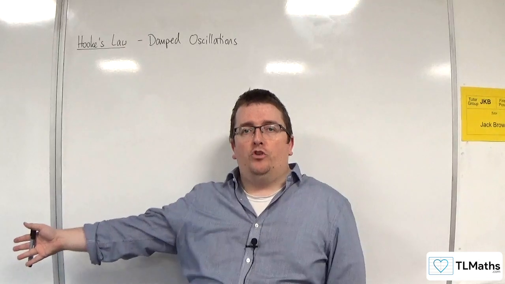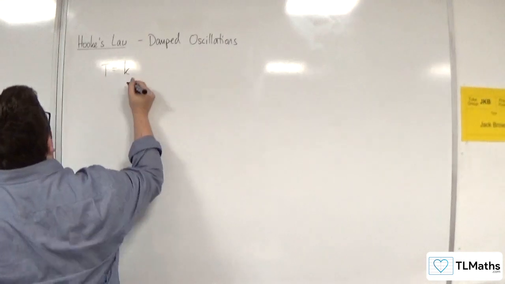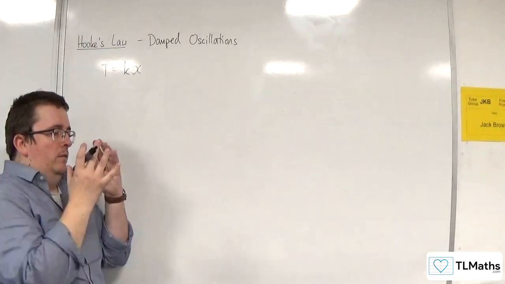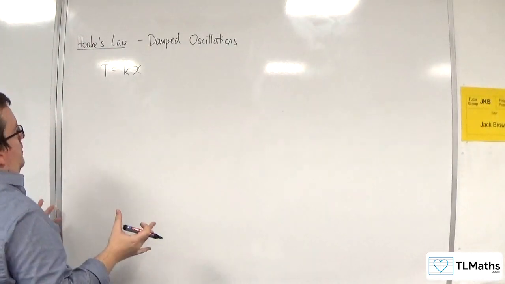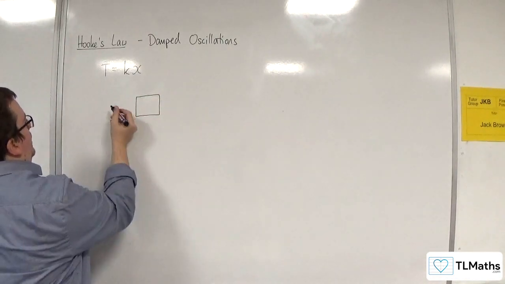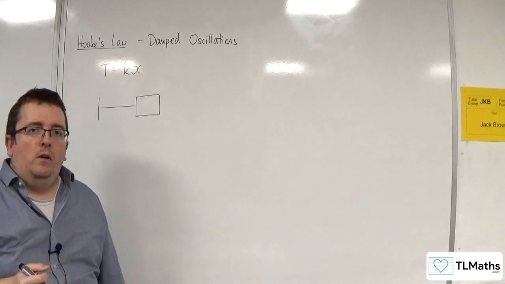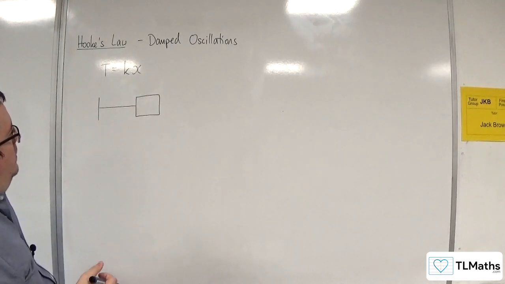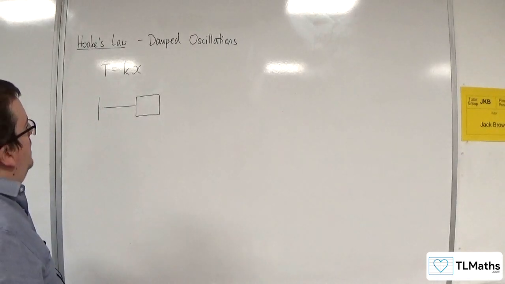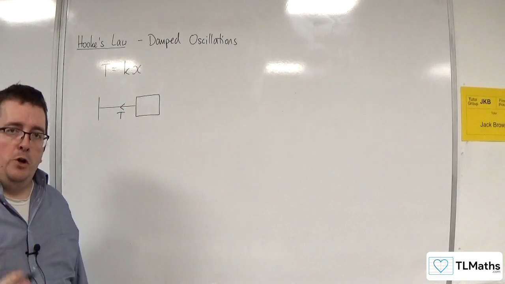So in the previous video where we introduced Hooke's law, we said that the tension was equal to k, the stiffness in the string, times x, the extension of the string. Okay? In a very base case scenario, if you had a particle, it might be a box, being pulled along horizontally, attached to a wall, and it goes past the point where the string is taut, then what we're considering is the tension in the string working against the direction of motion,